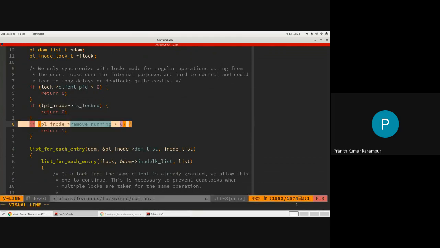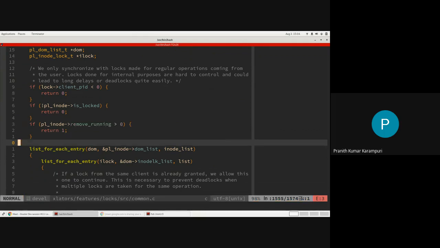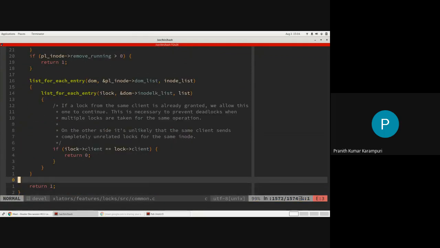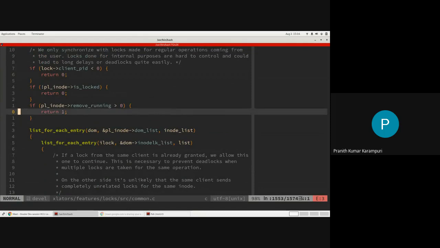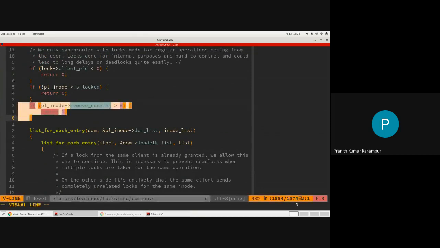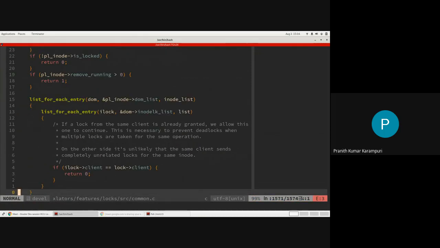But if there are some unlinks in progress, then you have to block the inode LK, right? So if the removals are running but they are from the same client, then you do the same thing that we discussed before. You are basically assuming that the client knows what they are doing.